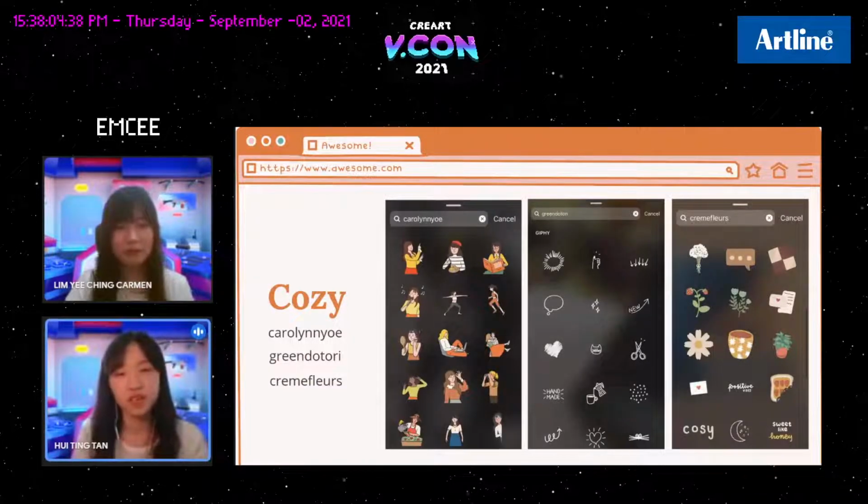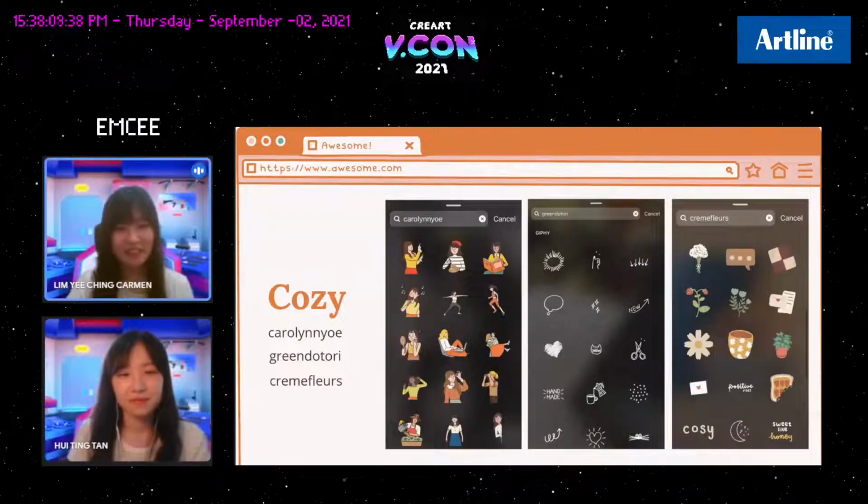So I give you 3 seconds for each. The first one is with the cozy theme. Yeah, I like this cozy sticker. Yeah, nice, right? So the next one,